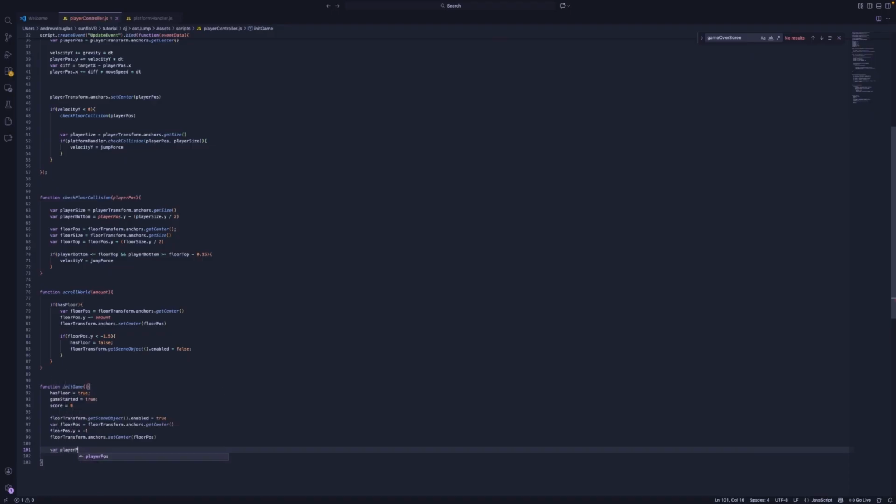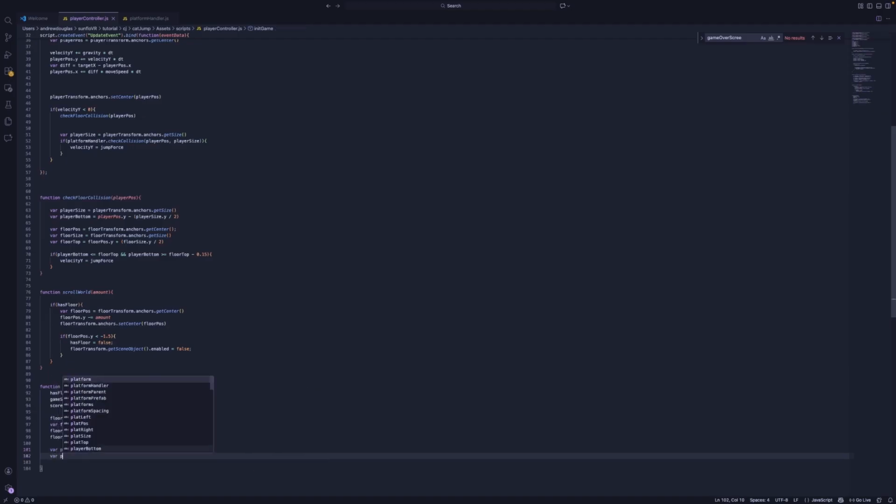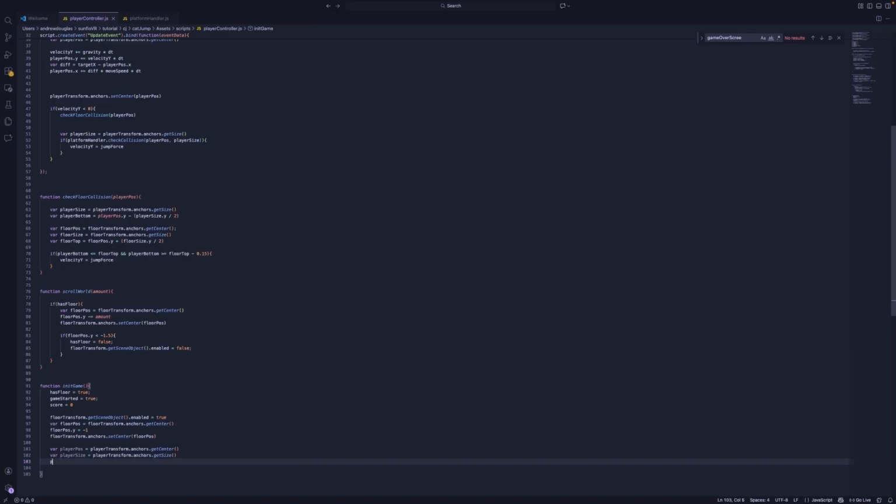Now we want to set the player default position as well. So we get the player position, player pos, there we go, which is equal to player transform dot anchors dot get center, and then var player size equals, again, same thing, player transform dot anchors dot get size. Okay, and now we want to get the player position and y, and we want to set this to equal to